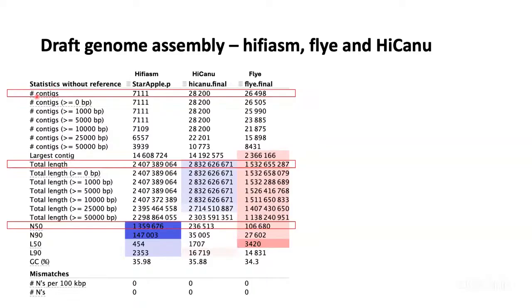So first is the number of contigs that the assembly generates. So you can already see around 7,111 contigs are only for the HiFi reads. So what you'd expect is you want a lesser number of contigs. So the HiCanu and Flye tend to have a lot more contigs in the assembly. And in terms of the total length, well, this was really surprising because we already saw